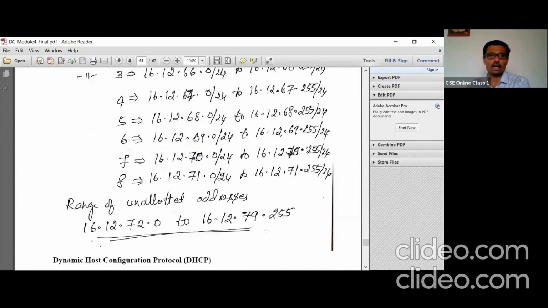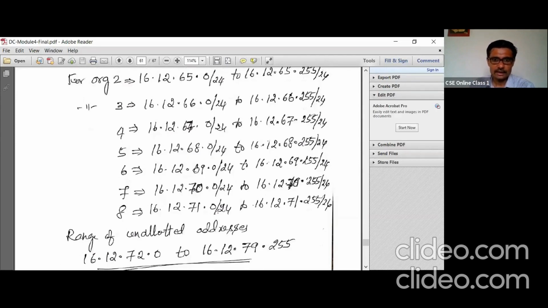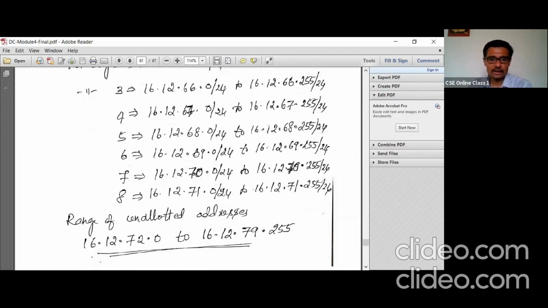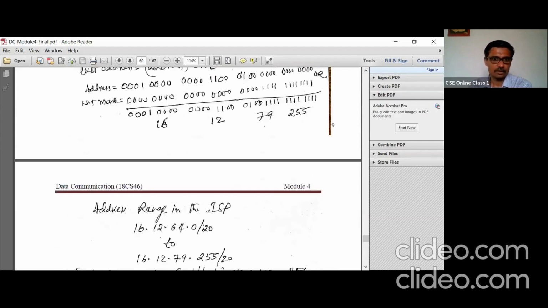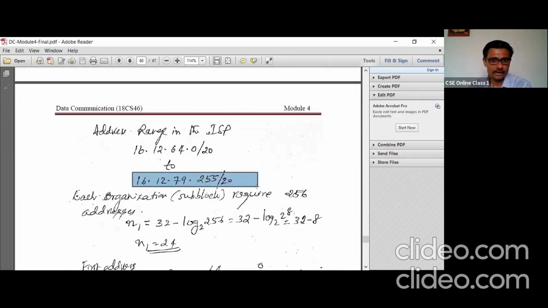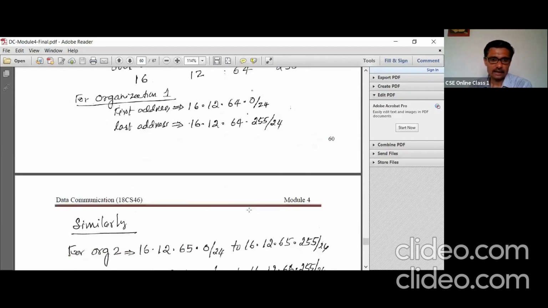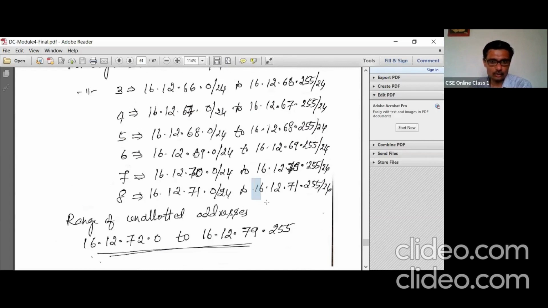Now, how do you find the range of unallotted addresses? That is also something you have to find. We know the last address allotted to the ISP, which is this address. Then the last address allotted to organization 8 is this.